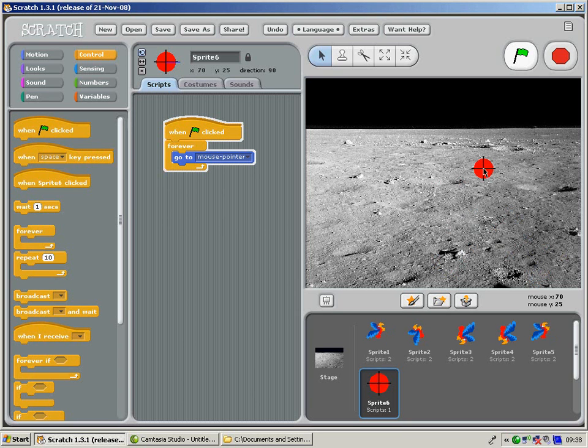We want to make sure that, because at the moment that's just on sprite 1, I need that command on sprites 2, 3, 4, 5 as well. So all I'm going to do is drag it to 2, drag it to 3, drag it to 4, drag it to 5. We press play, no parrots, we press A, and hopefully you should now see